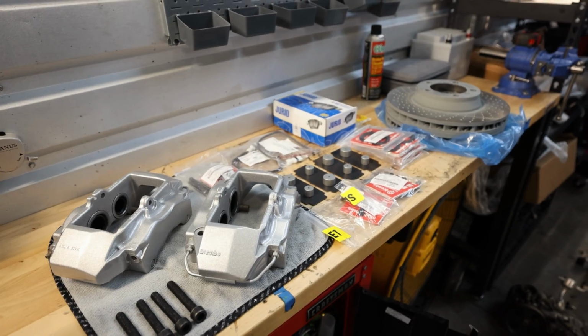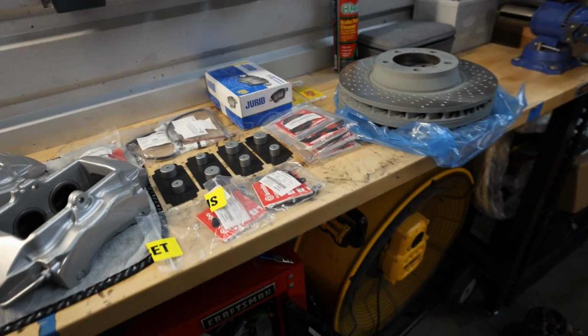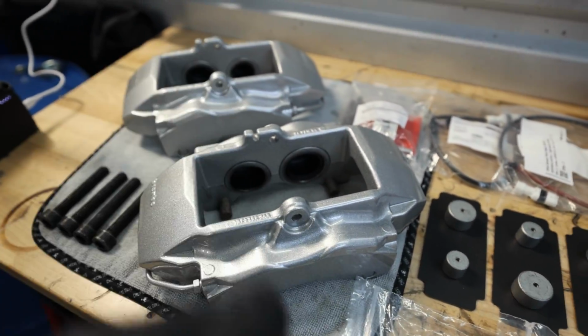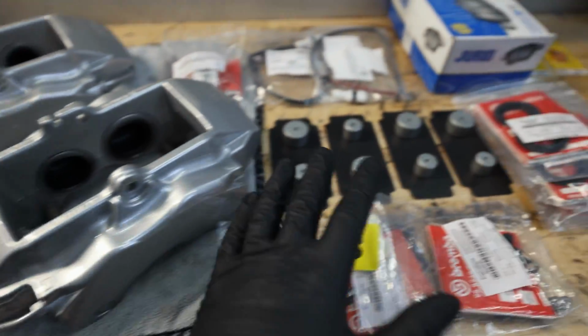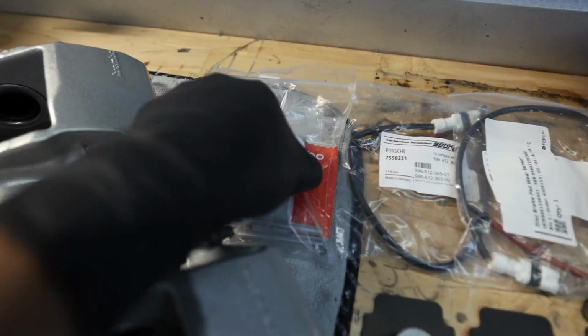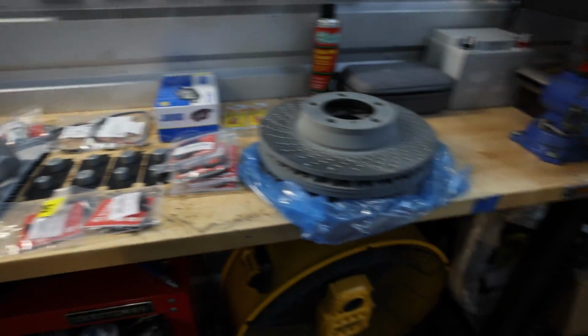For the coup de grace, we've got a set of freshly powder coated calipers, all new braking components: brake pads, rotors, seals to rebuild these calipers, the pistons, which I still have to grab, brand new hardware, brand new brake pad shims, new bleeder valves, new Brembo brake hardware for these guys,